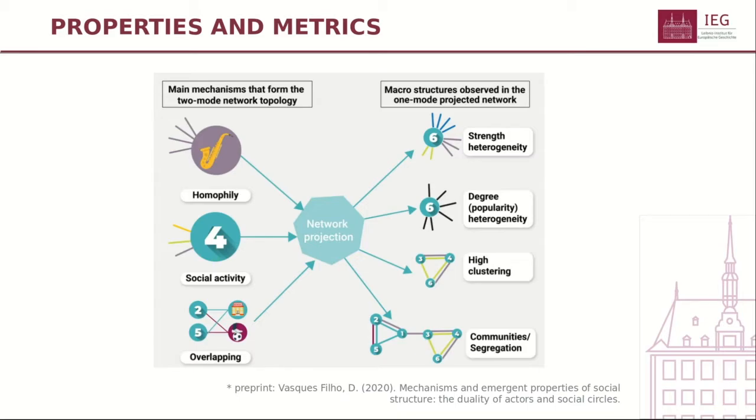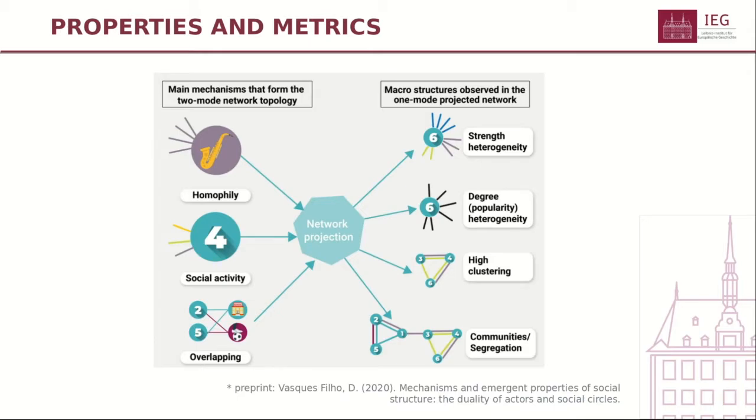But the idea here is that when we look at these mechanisms, social activity, overlapping, and homophily related to the composition of the circle and the circle size, when we see those mechanisms creating the two-mode network, and then we project the network onto the set of actors,